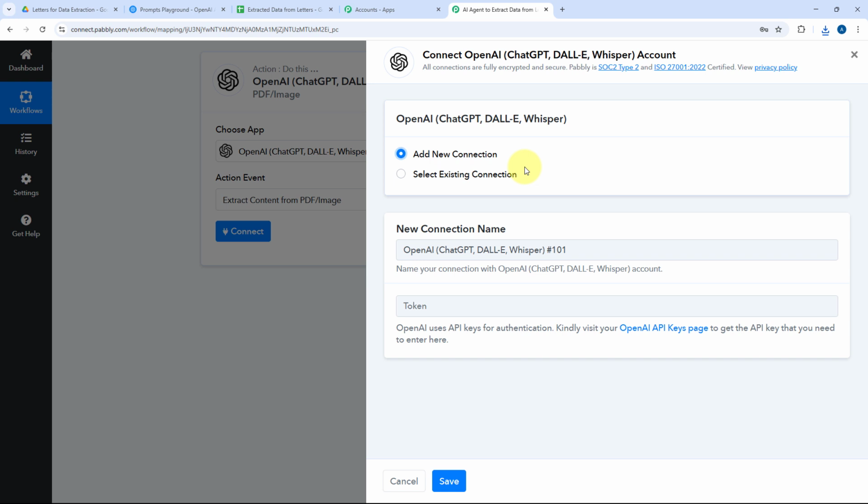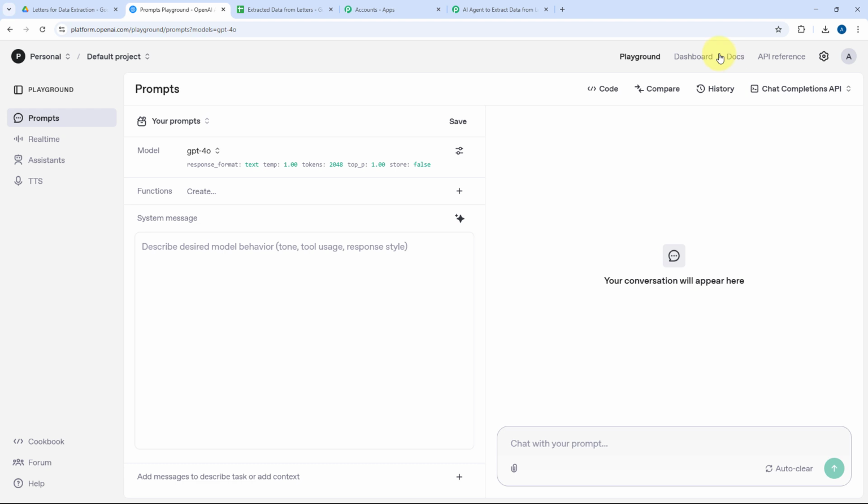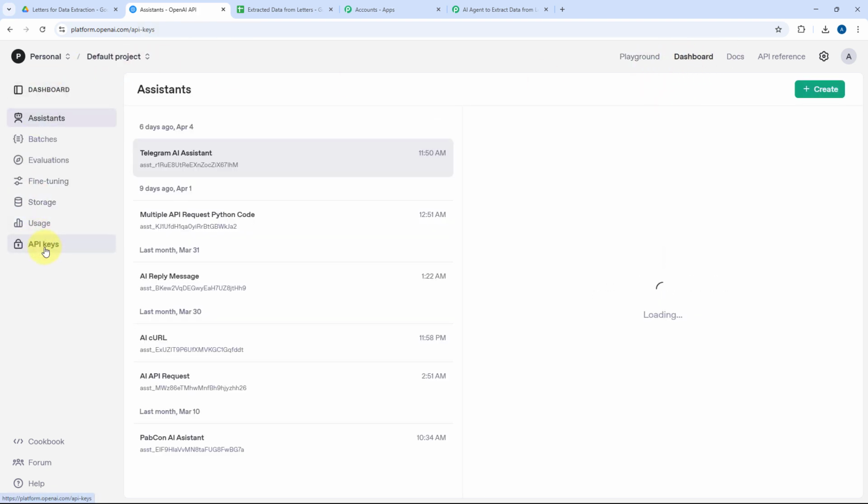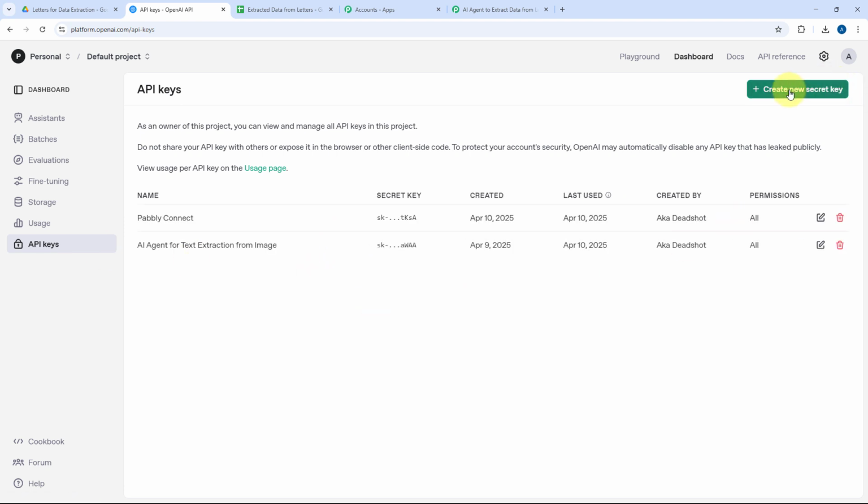Now here we have to connect our OpenAI account with Pabbly Connect. And to make this connection, we have to enter the API key of our OpenAI account. Now you must be thinking how you can get this API key. To get it, just log into your OpenAI account and go to the dashboard. After coming to the dashboard, from the left sidebar, select API keys and then click on this create new secret key